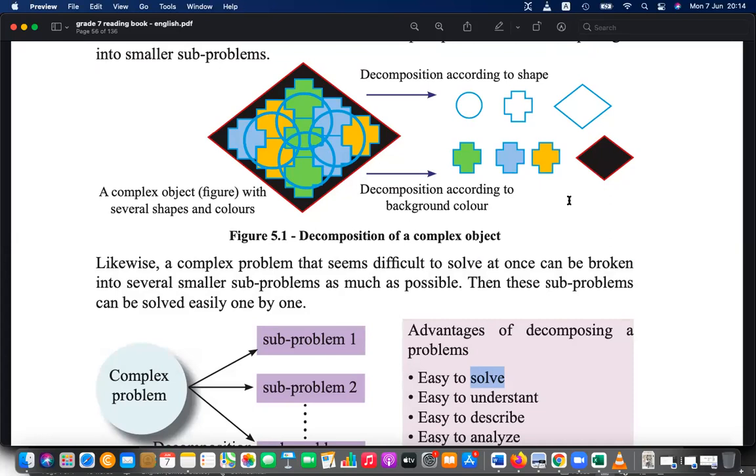When it is a simple program, I'll give you an example. Adding two numbers, is it a simple program or a difficult program? Simple program. Okay, analyzing the NIC, the national identity card number, and finding out the date of birth and gender of a person.